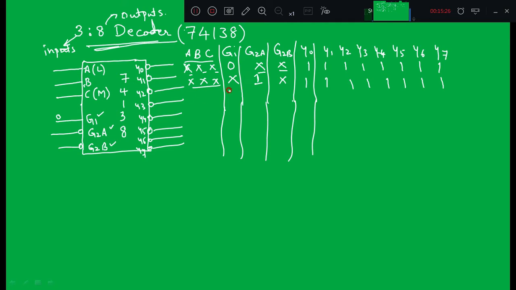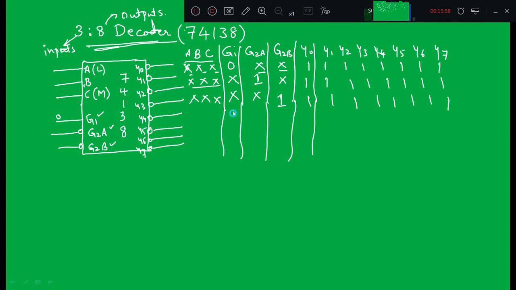Since G2B is also active low, if I make G2B equal to 1, whatever the values of ABC, the output will remain 1 1 1 1, right? So I have taken all 3 conditions of this decoder not being selected. Now we will select the decoder and see how the output changes,